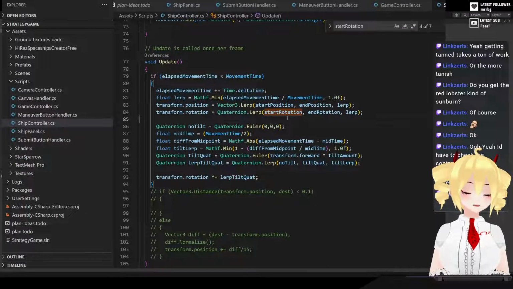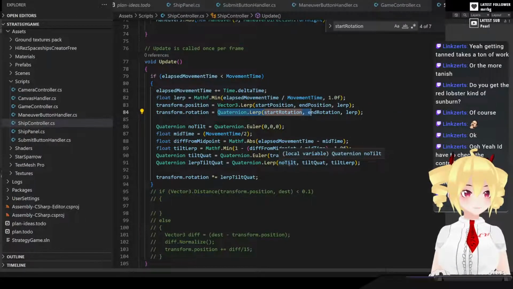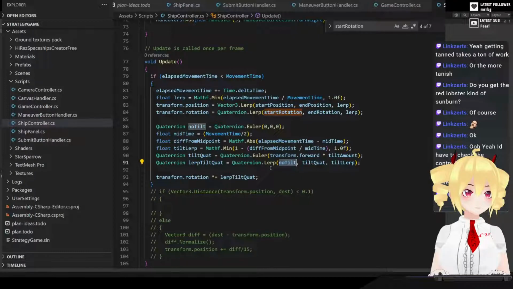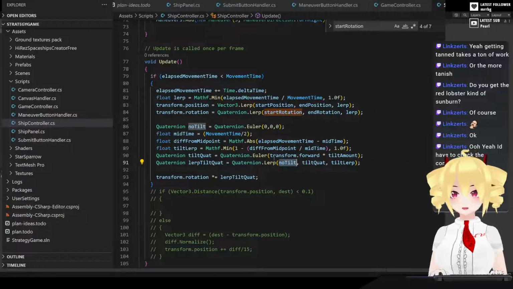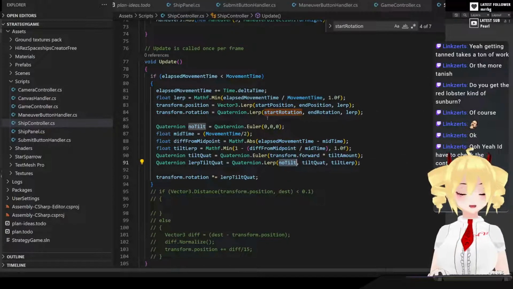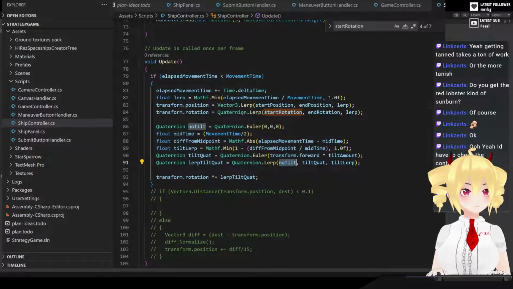Alright, so I think what's the problem is I want to do kind of the same thing with the degrees that I'm doing with the tilt here. I don't know, I might need to,